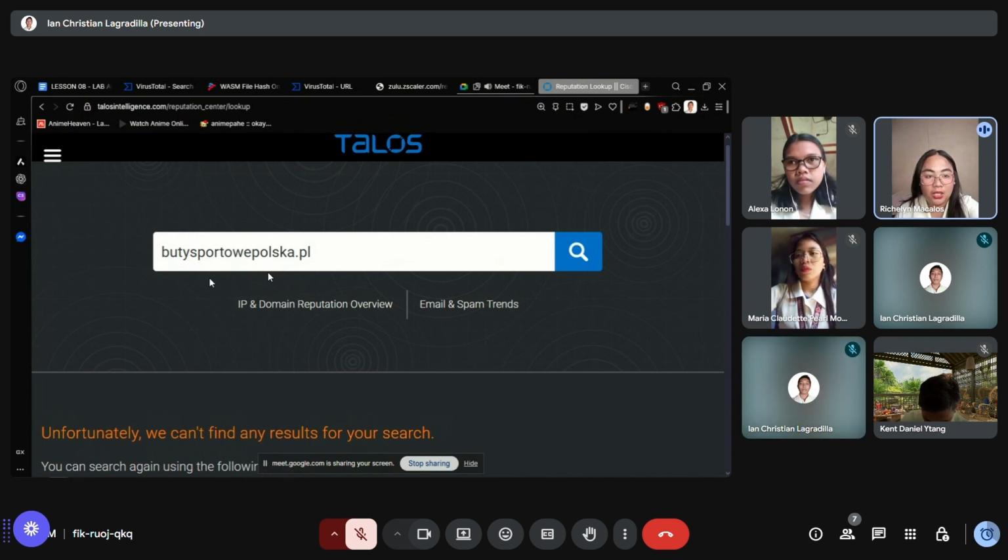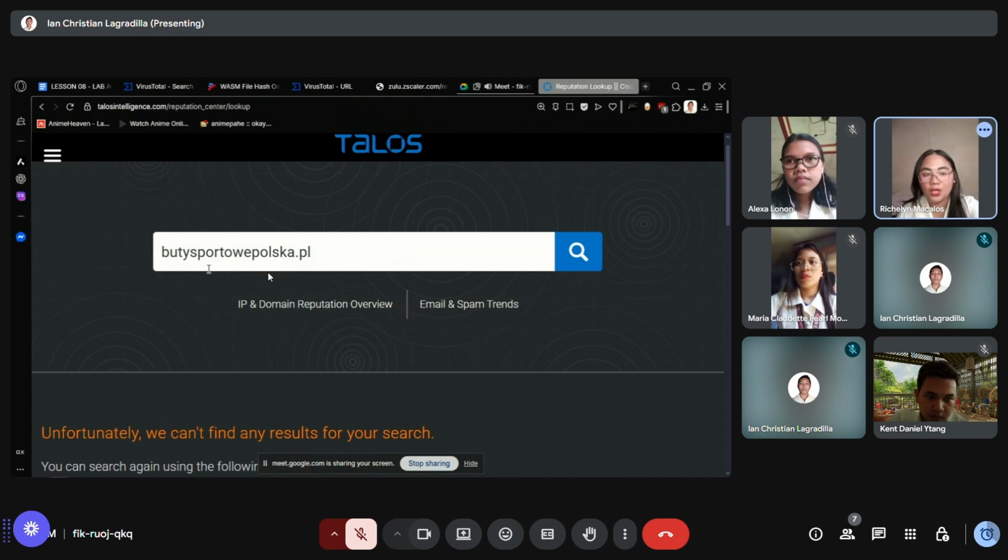It may belong to a private or small website that doesn't appear in popular security databases. Three, you may have entered it incorrectly, as a typo or mistake in the domain name can lead to no results. Four, it's not a real domain. Some phishing emails use fake or random looking domains that don't actually exist.